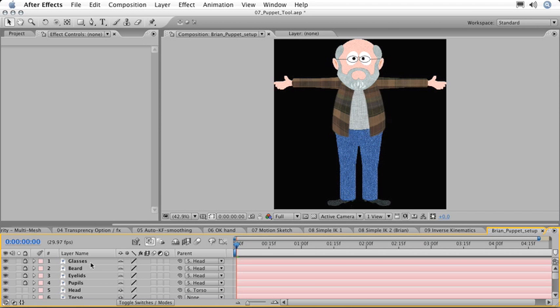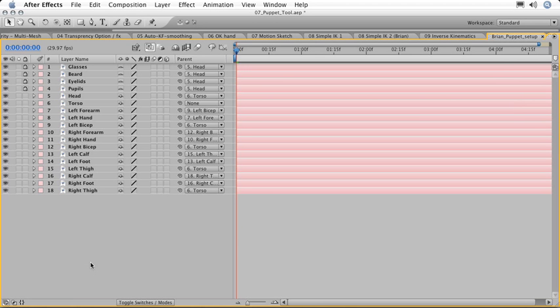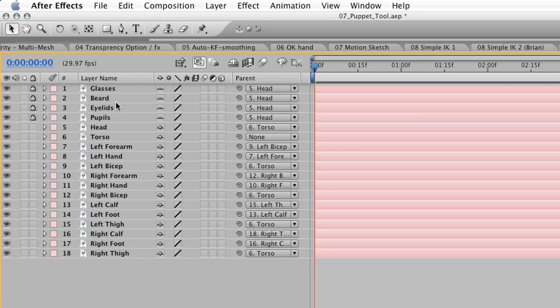With the cursor hovering over the timeline, I'll use the tilde key to reveal all of those different layers and their parent relationships. Here we can see that several of these are tied to the head, and the head is tied to the torso, with the forearm and the hand and the bicep all sharing similar relationships on the left side and the right side, and the left and the right leg also are sharing relationships for forward kinematics up the chain